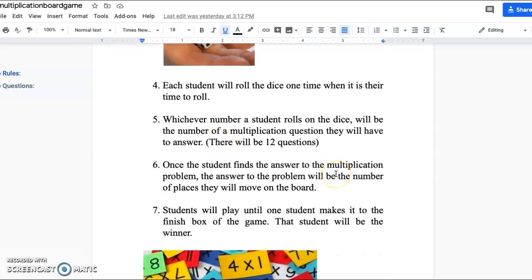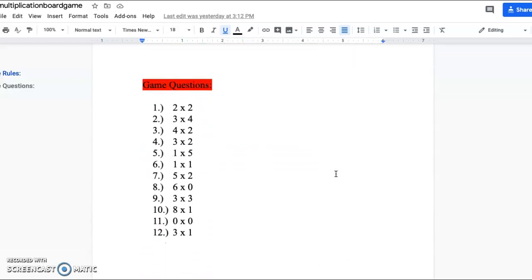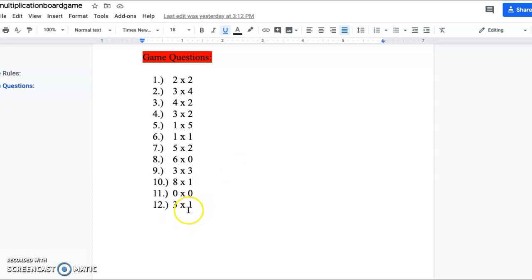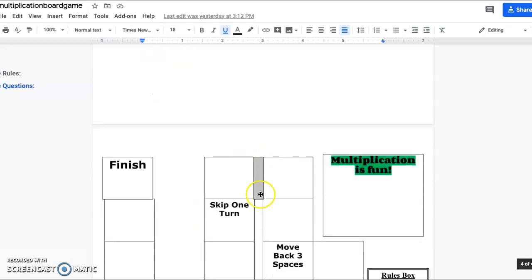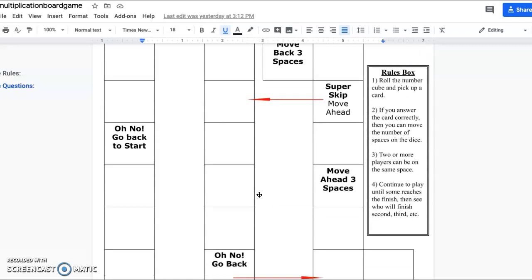But the number that they roll on the dice will be the number of the question they would use to find how many spaces they will move on the board. So, for example, if they rolled a 12, they would do 3 times 1, and then they would move 3 places on the board. This is a sample of what the boards would look like, and each group would get one. And here are the rules,